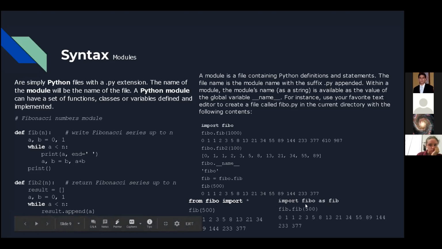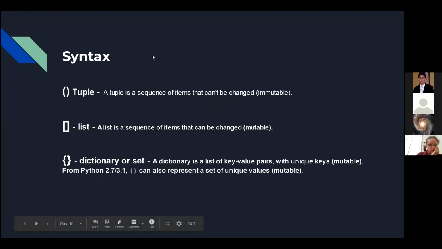Yeah. Or if your name, like in our case before, was a weird name, you can just call it a shorter term. You can put F, and that's basically how you would be calling this instance of this module, right? And the other stuff that I want to talk to you guys about was data